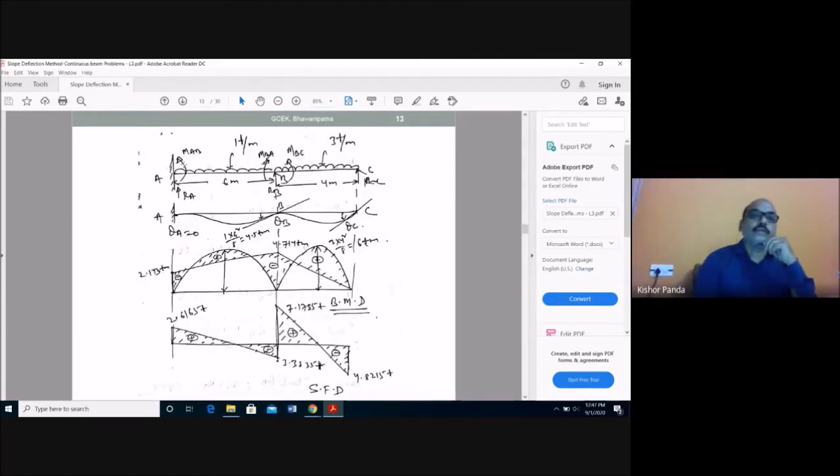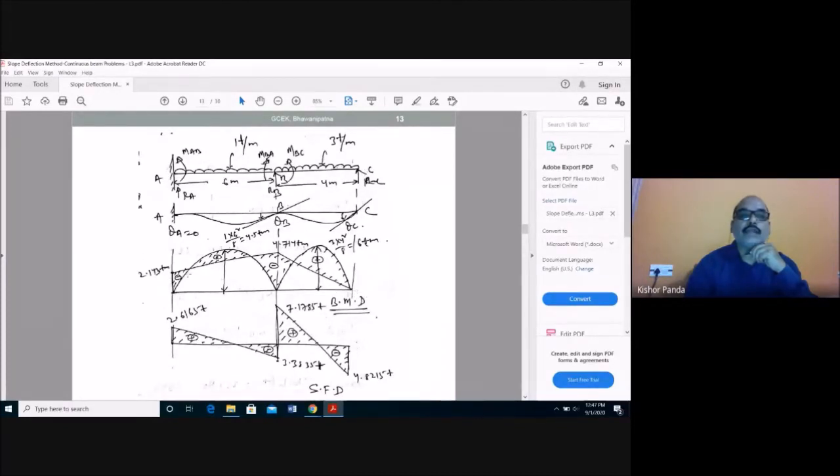Here you see this figure. The first graph is the elastic curve, because you have to draw the elastic curve. When you draw a tangent here, the slope is equal to 0. But here you got the slope theta B and here the slope theta C. After knowing these slopes, you got the moments MAB, MBA, MBC. MAB you got 2.143, and MBA and MBC you got 4.714 ton meter, and MCB is equal to 0.